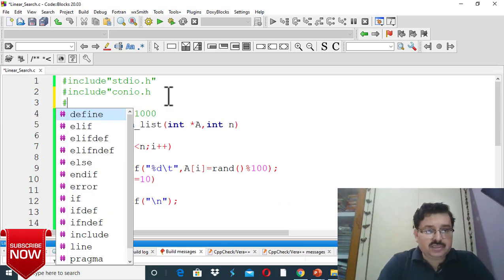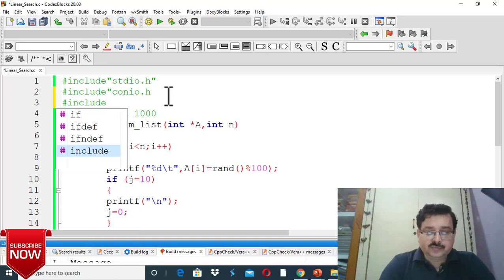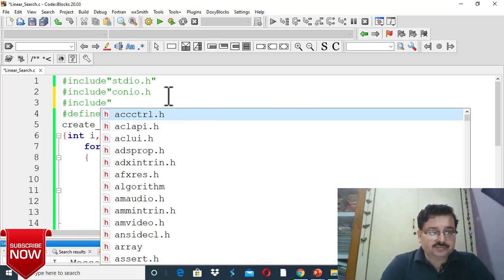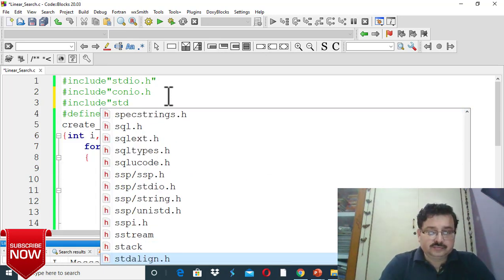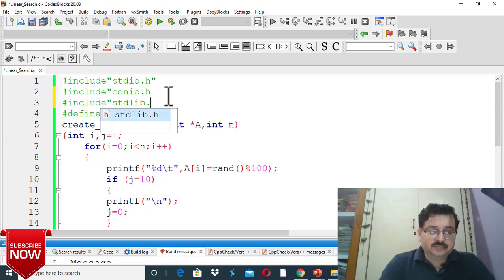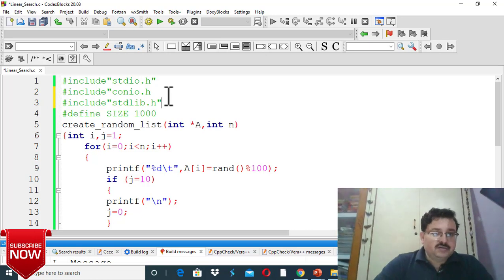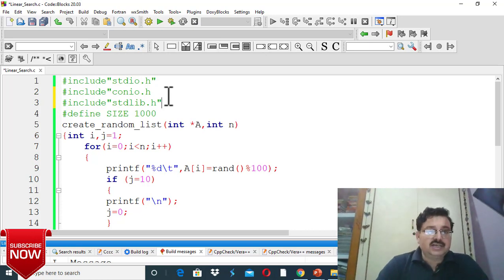I have to include this stdlib.h, because I'm using the random function. So for the random function, for that purpose we require this stdlib.h.